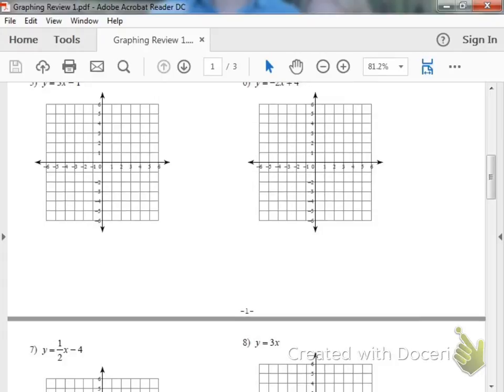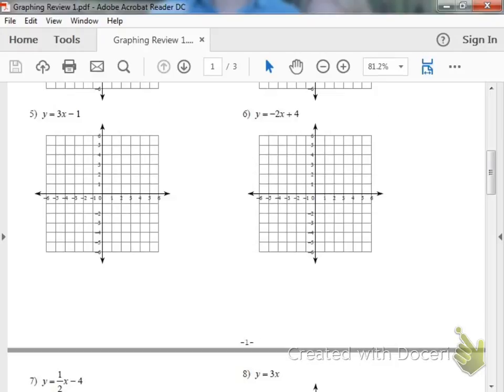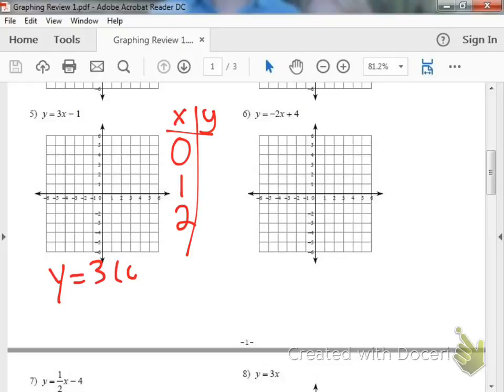All right, jump down to number 5. Again, we're going to start out with the good old T-chart or XY chart, whatever you feel like calling it. Here's our X, here's our Y. We're going to plug in 0, 1, and 2. So what I'm going to do is 3 times 0 minus 1, 3 times 1 minus 1, 3 times 2